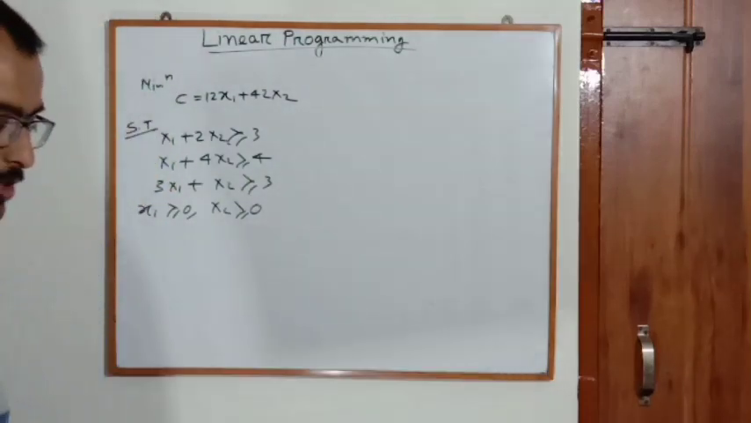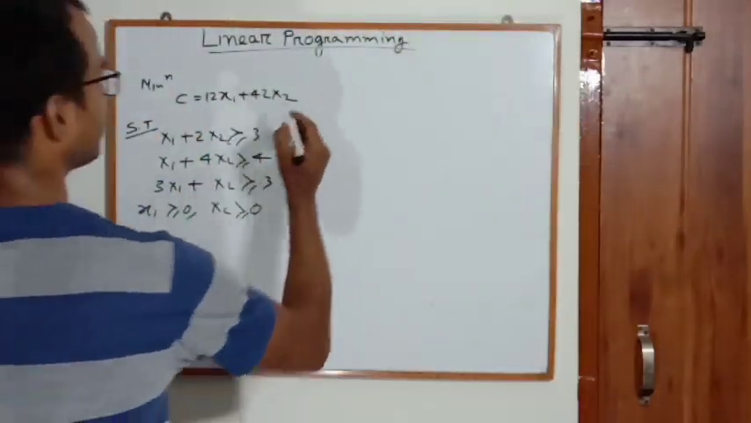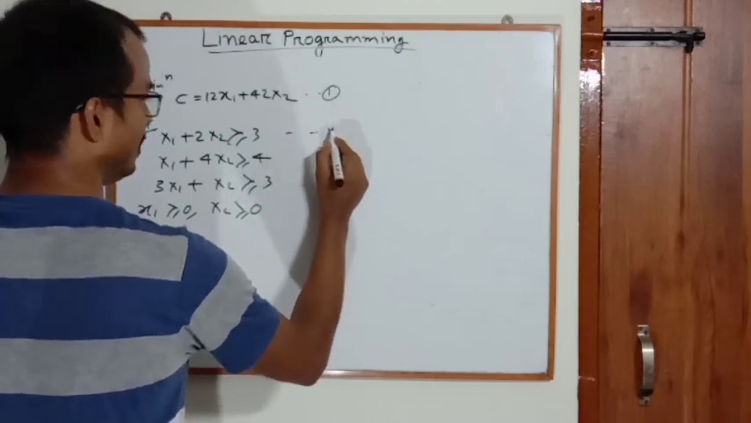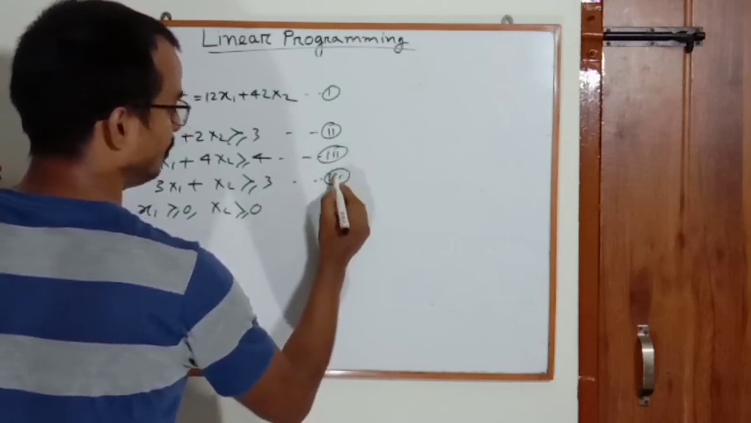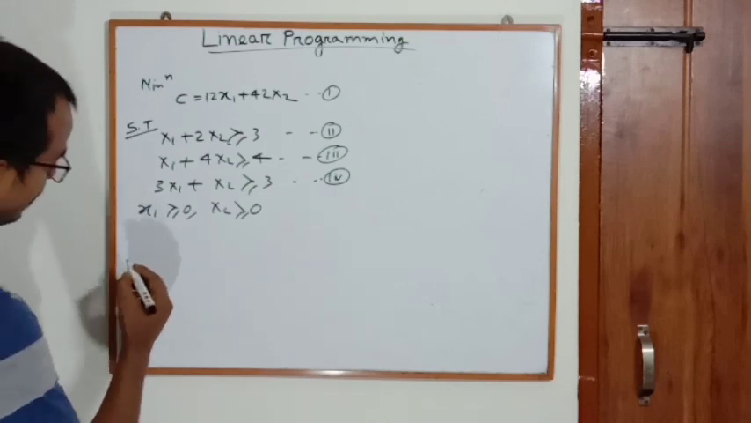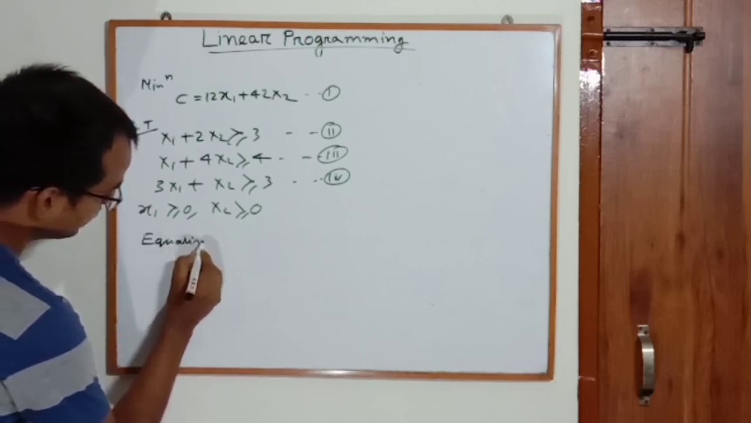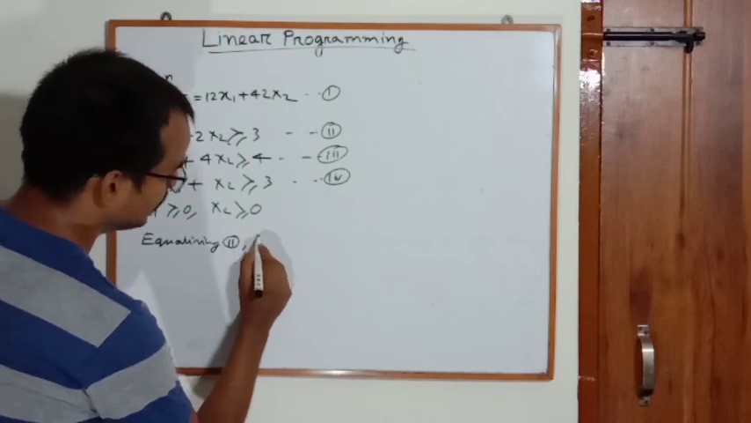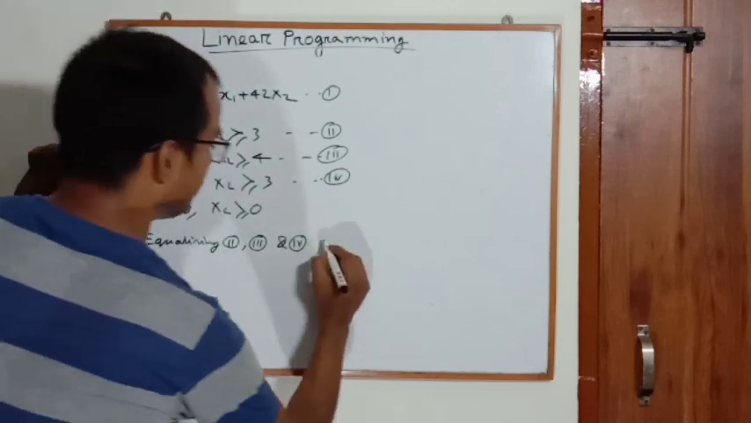So first of all, it will be very good if you give equation numbers. The objective function is equation 1, then 2, 3 and 4. Now, equalizing 2, 3 and 4, we get: